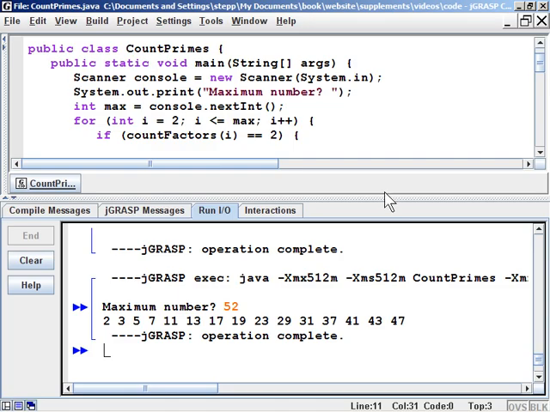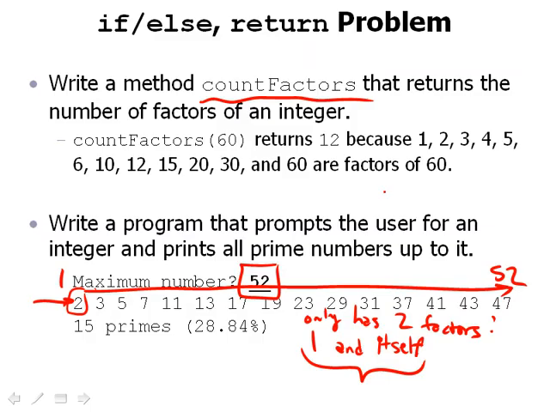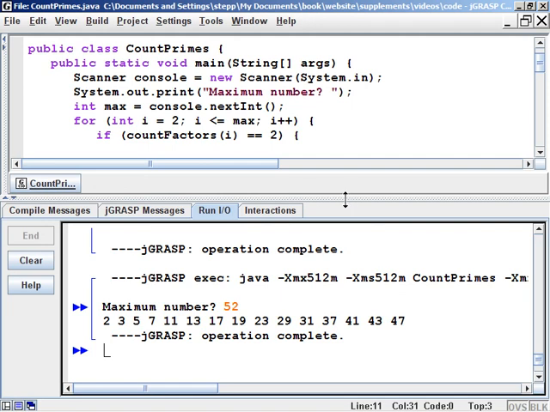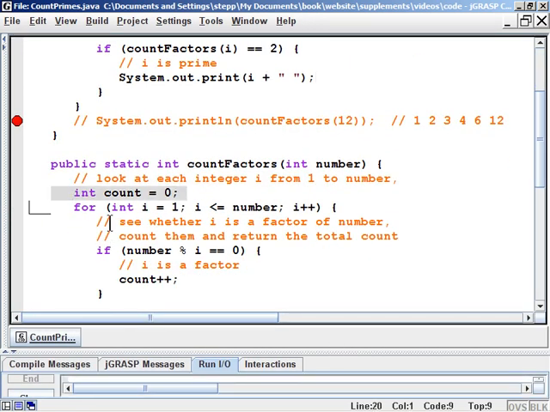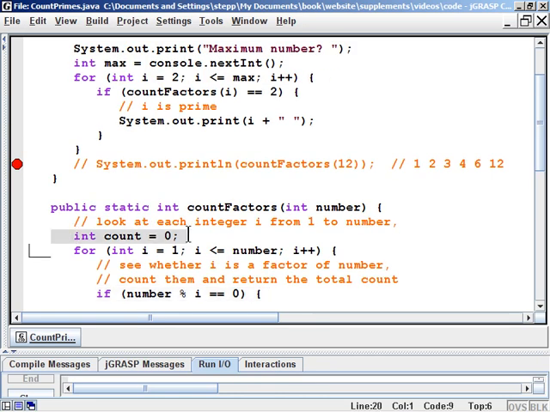But there's one more line of output that we're supposed to produce. We're supposed to produce 15 primes and then the percentage of how many primes that was. So the way we find the 15 is we're just supposed to count how many of these we're printing as we print them, right? We already did a counting concept when we wrote the count factors method. So we had int count equals 0 and we did count plus plus. So you can use another one of these cumulative loops here out in the main method to figure out how